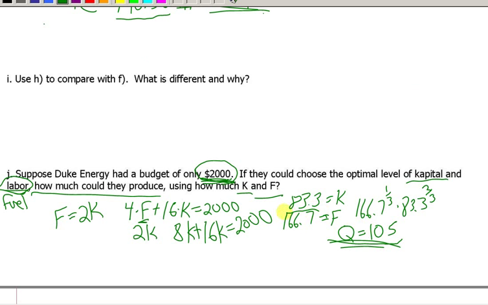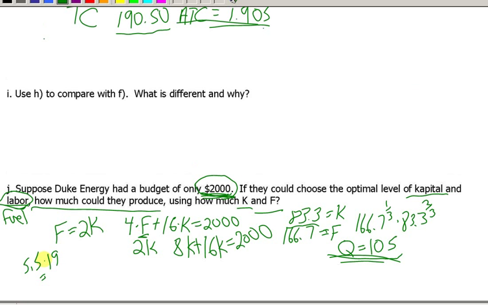Oh, this is 80. Oh, I must have hit the wrong key. Hold on one sec. Oh, I understand. I keep forgetting that the production function is 10 times F to the 1/3, K to the 2/3. So when you multiply it times 10, sorry, we're going to get about 1,000 units of output,